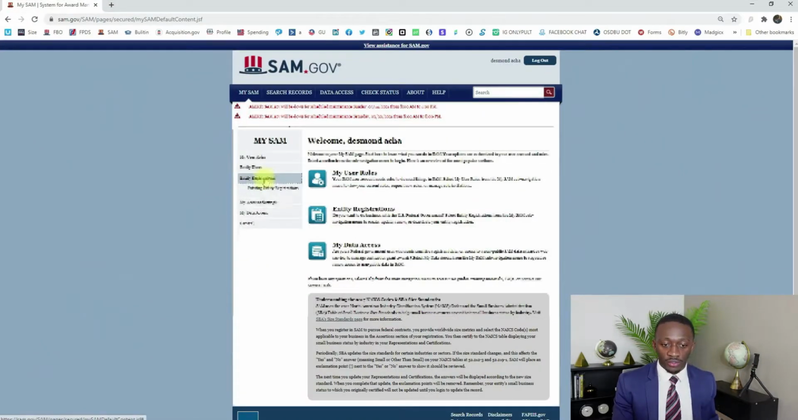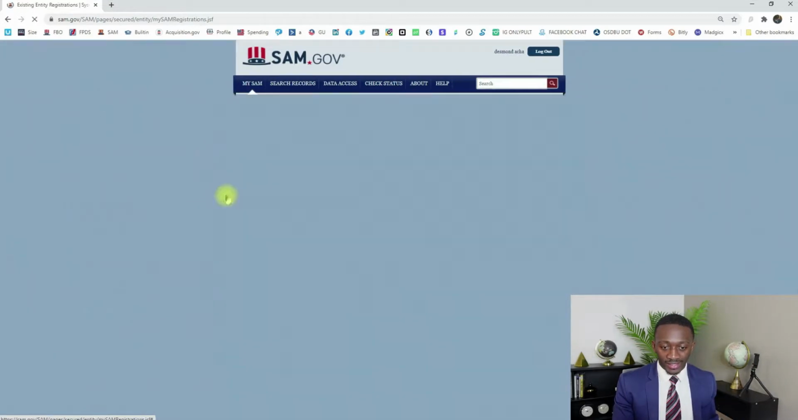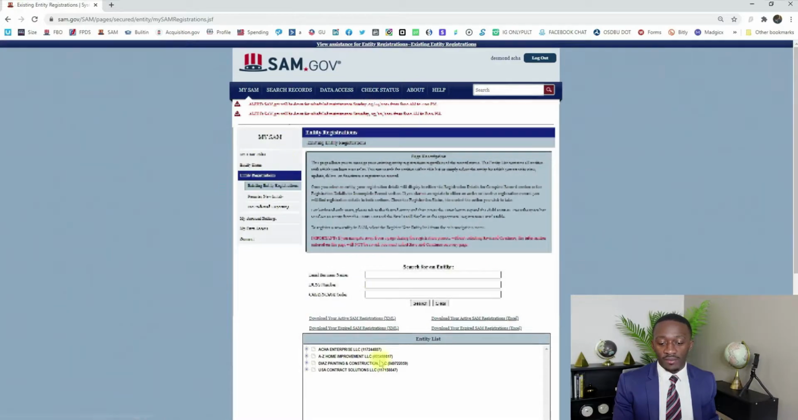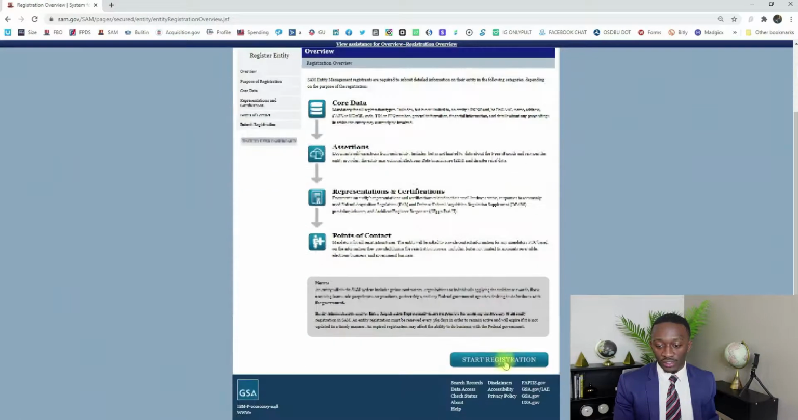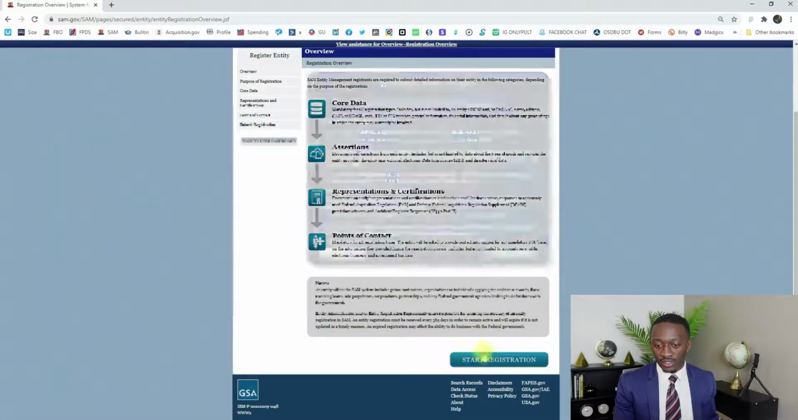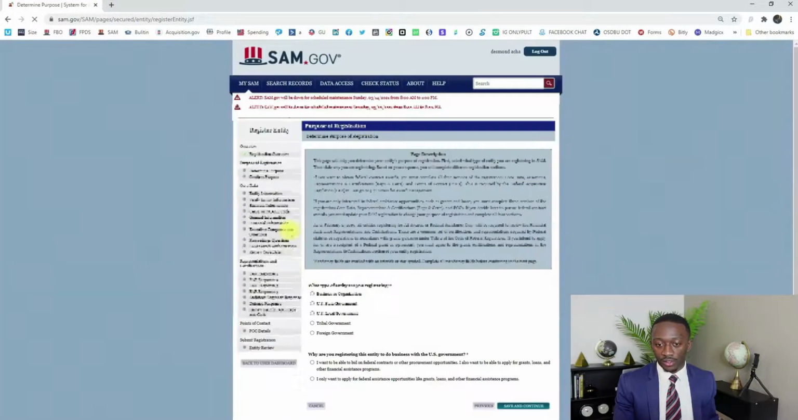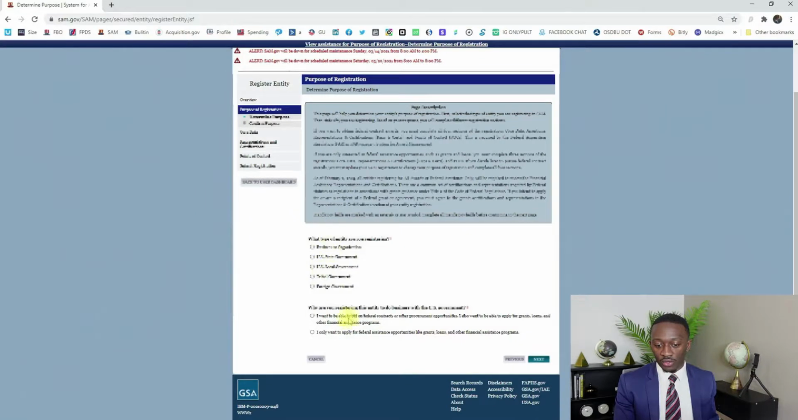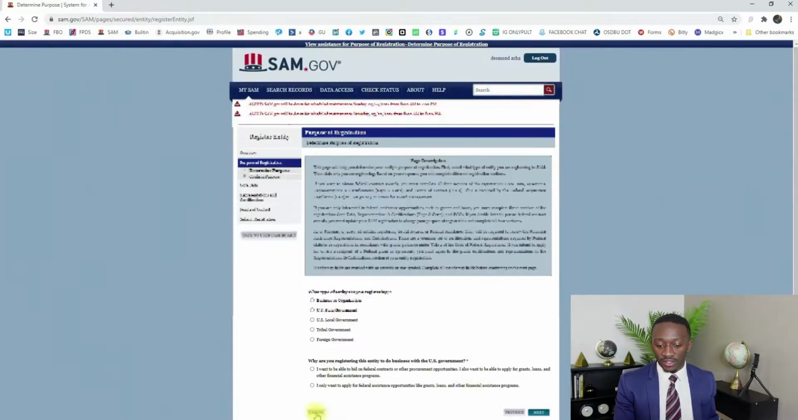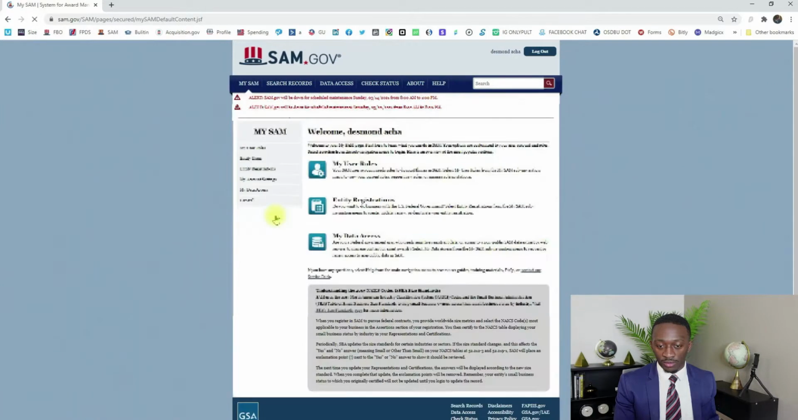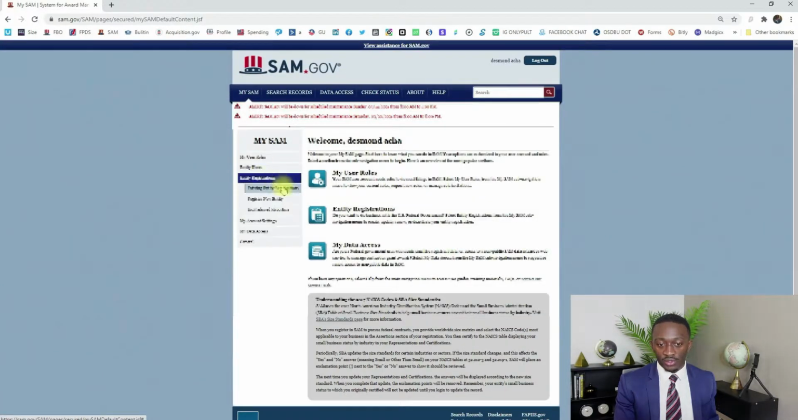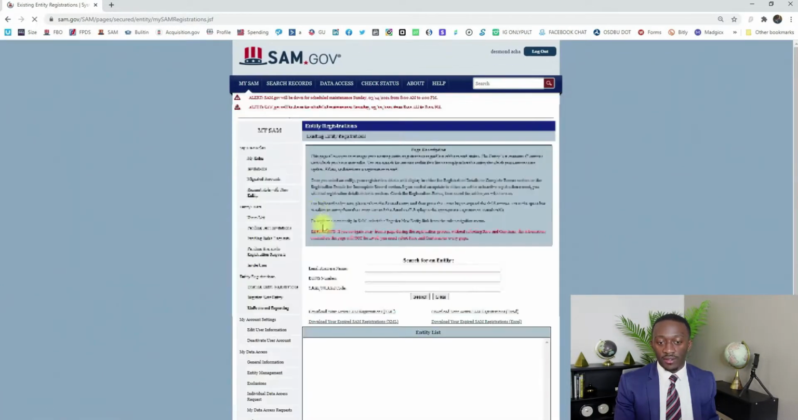Then from there, you go to entity registration, existing entity. Now, if you don't have an existing entity, you click register new entity and it goes to this process right there. Once you start this, you got to pick where you're at. But since we have an entity, if we just go back to dashboard, entity registration, existing entity, it would actually